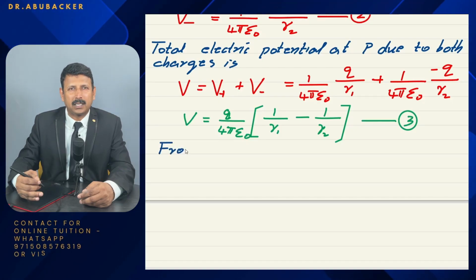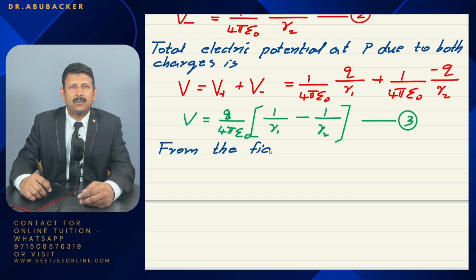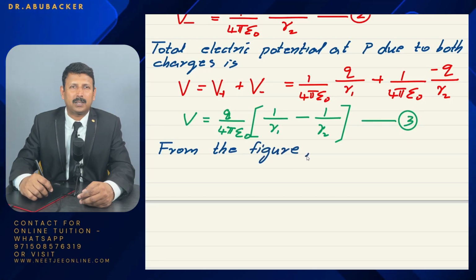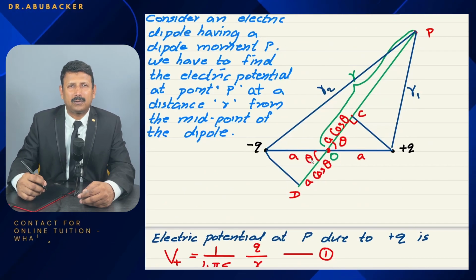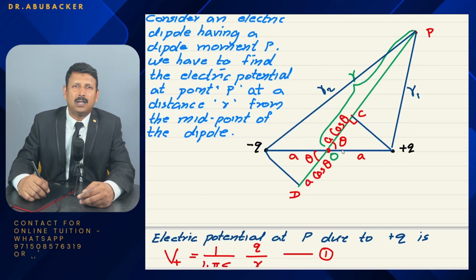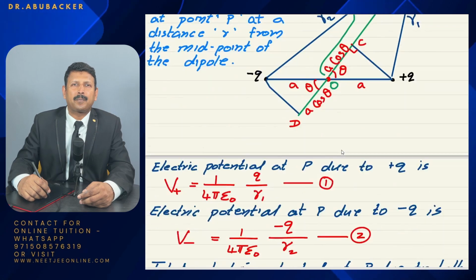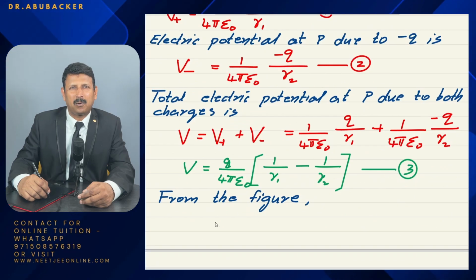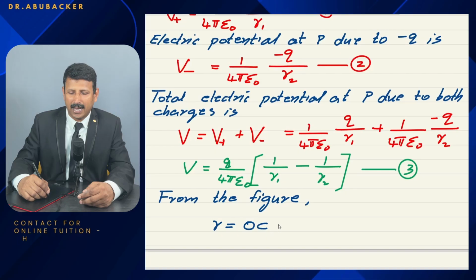There are too many methods by different authors to explain how to find r1, r2. I am following the easiest one from the textbook. There are law of sine, law of cosine and all applied, but that is unnecessary expansion, because the total mark of the derivation is maximum 3 marks only. So don't go with the unnecessary derivation, unnecessary mathematical steps. Because the dipole is always small, there is a small slanting distance considered as the straight